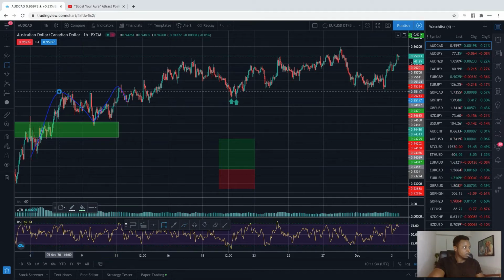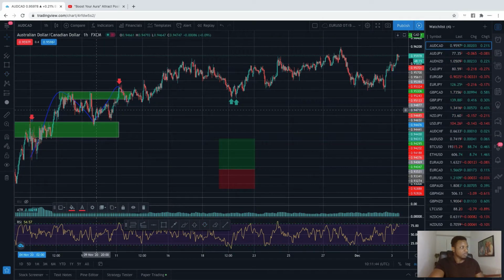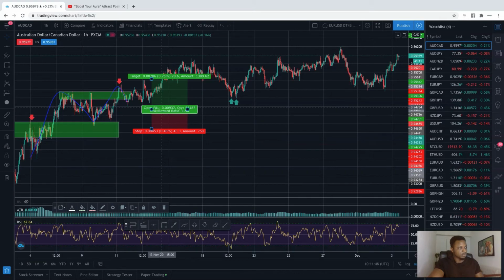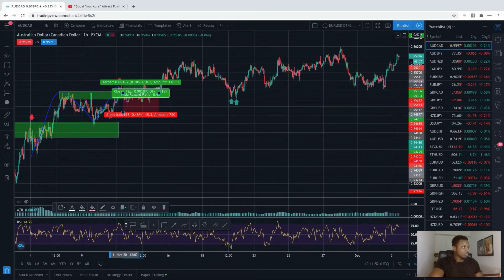This is where we would have gotten in. Now you can see these two structure levels here are not created equally. They are both breakouts, but you can see very clearly why you should not be paying more attention to this one, because if I would have taken this trade right here, I would have won,